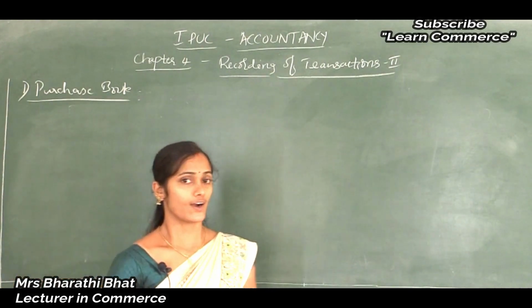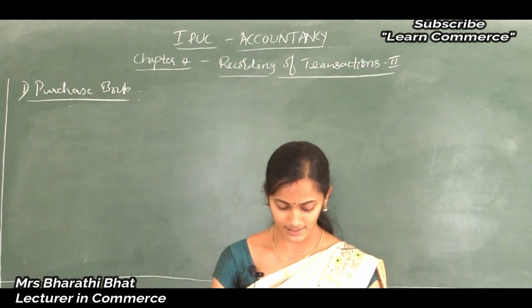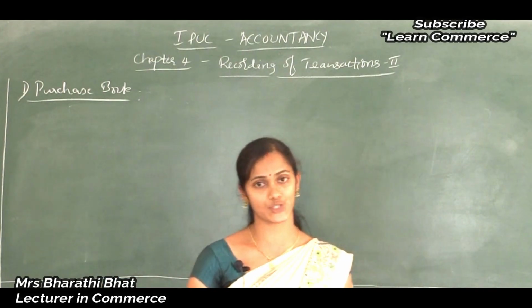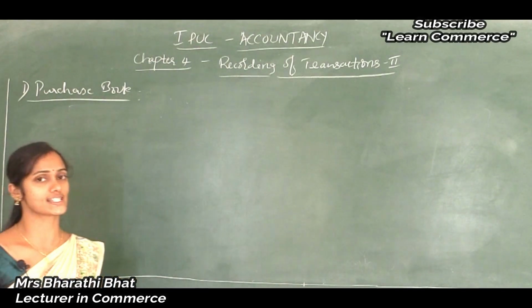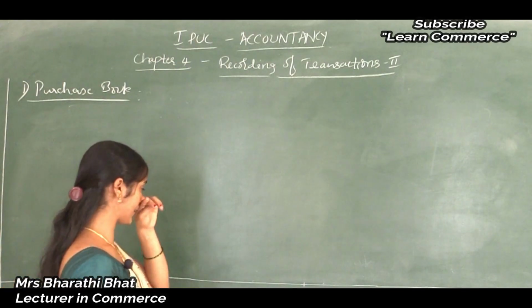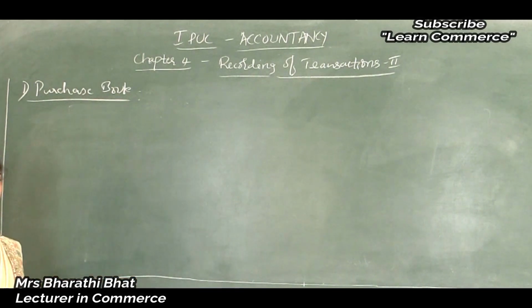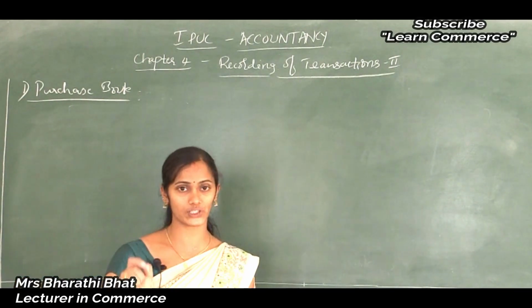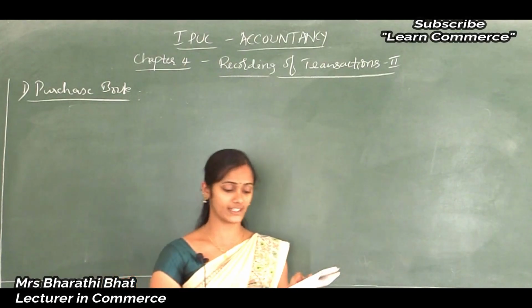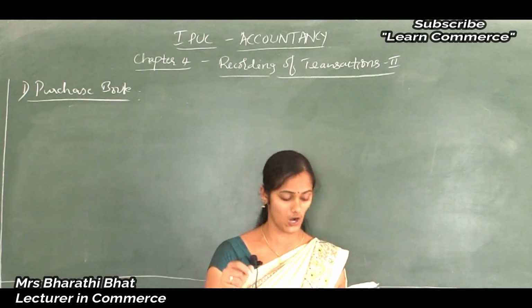See, already I gave some illustrations related to this purchase book or these subsidiary books. Just see the question. Here I directly solve the illustration. Clear? So purchase book, and the question is like this: enter the following transaction in the purchase book or journal